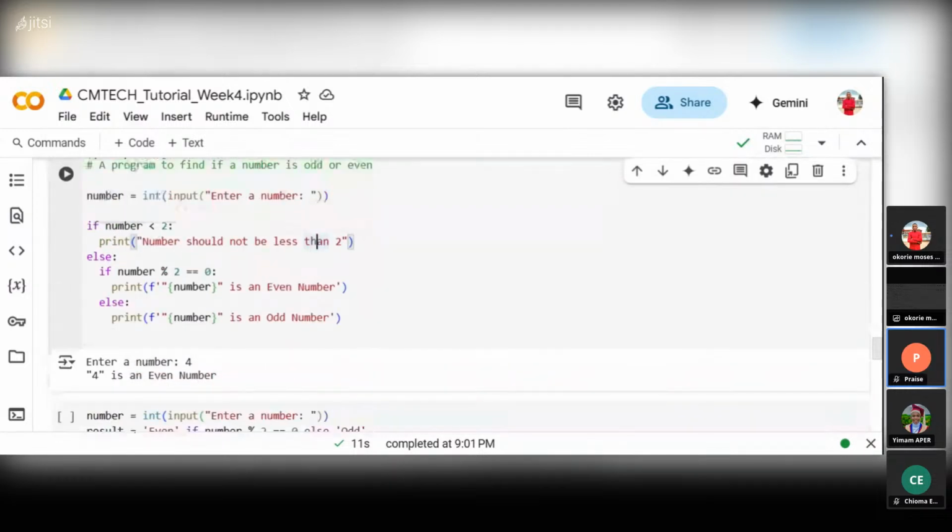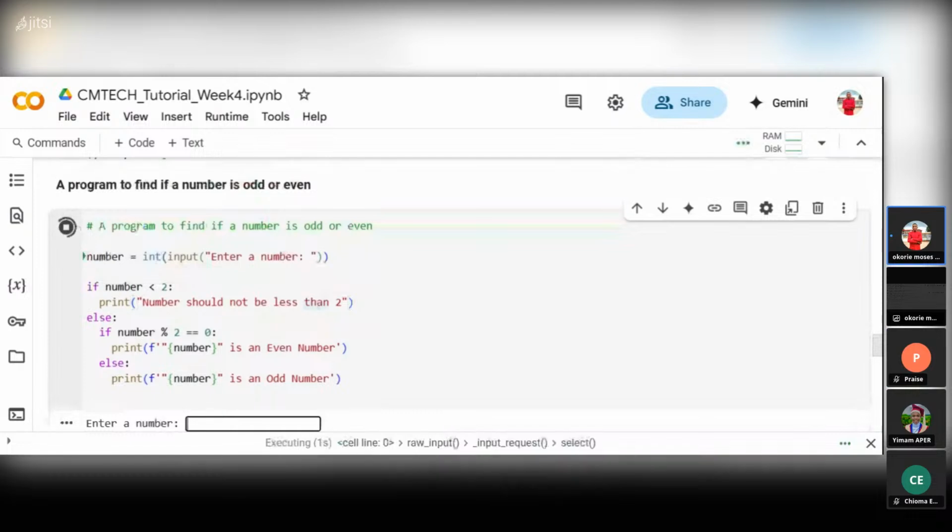Okay. Now let me run it and input. Now we are declaring a variable called int, then input. It will enter a number. Then it will convert the input to an integer. Now we gave it an if statement. We said if a number is less than 2, then print number should not be less than 2. Else, if a number modulus 2 is equal to 0,